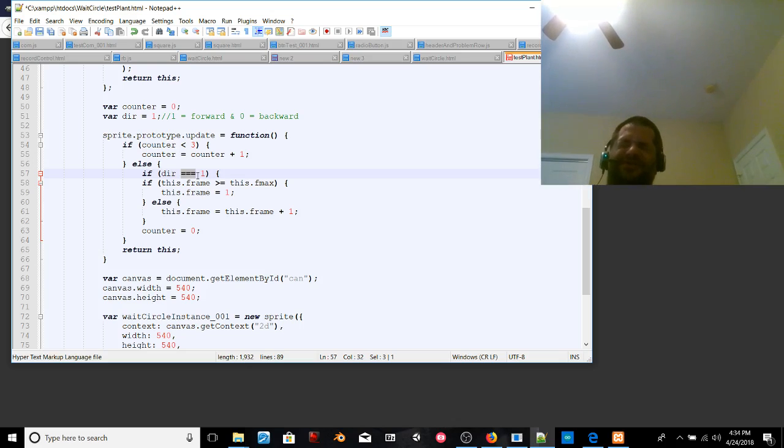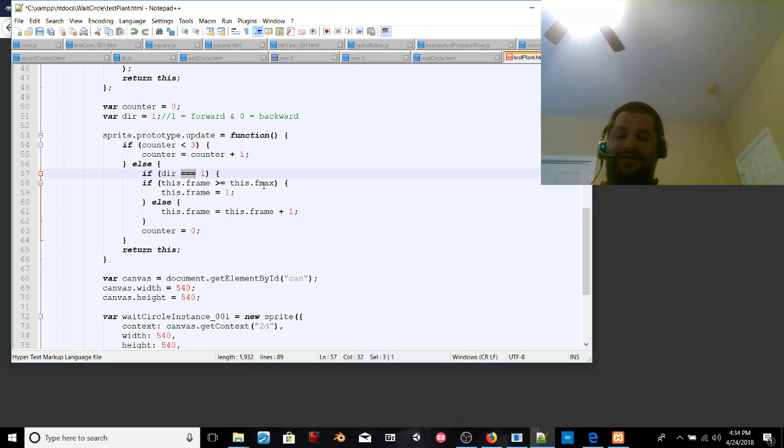I think you can always use 3 when you're checking equality, though, even with a string. It's probably a good habit to get into. Anyway, so if the direction is 1, and this dot fmax is greater than or equal to fmax,